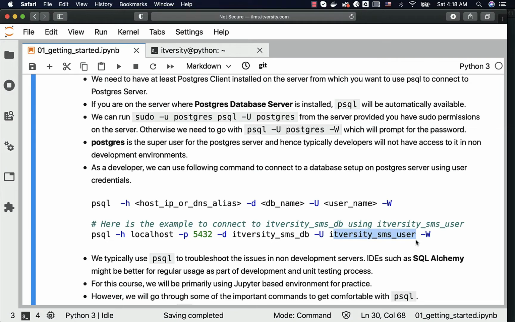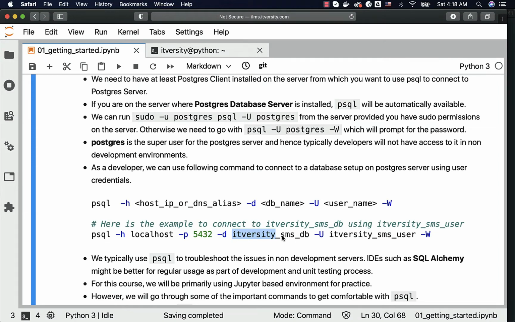If you want to validate, in your case, you will be getting access to some username, which will be your OS username, underscore whatever database you want to connect to. Those details will be provided to you. One of the database will be SMS_DB. So in your case, whatever your OS username is, that OS username underscore SMS_DB will be the database name. Whatever your OS username underscore SMS_user will be the user. This user will have permissions on this database and hence he or she should be able to operate on this